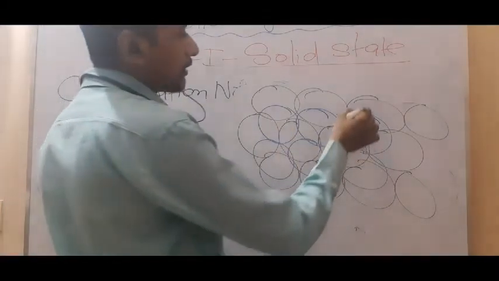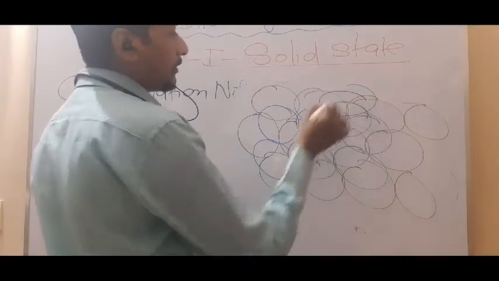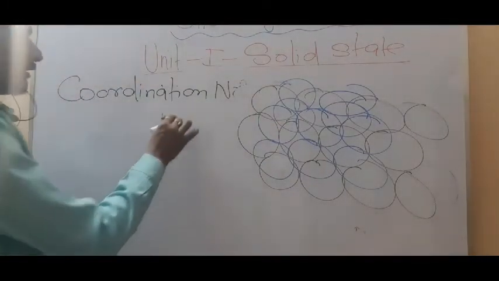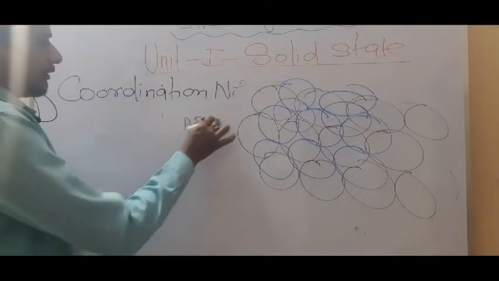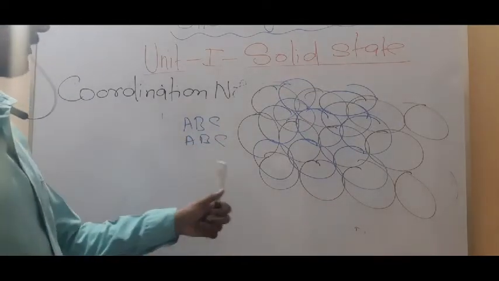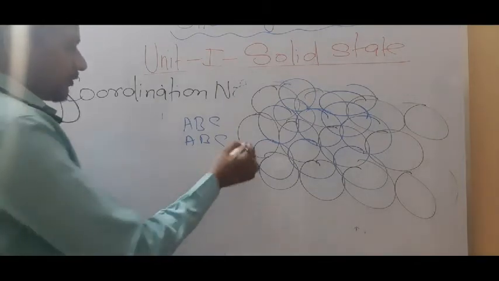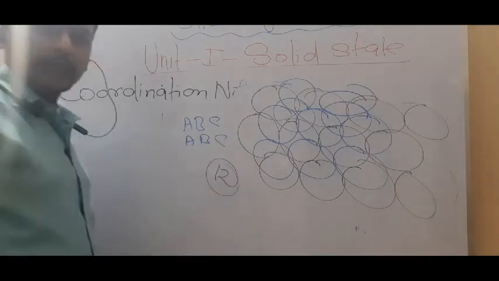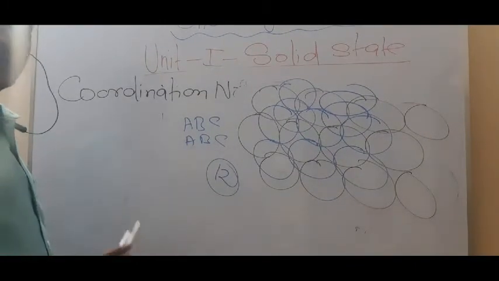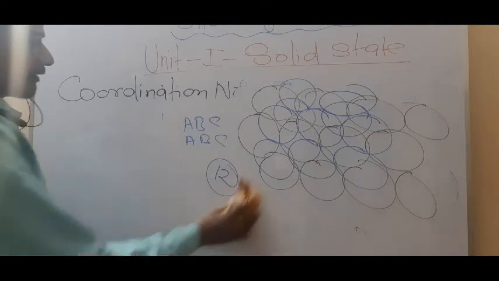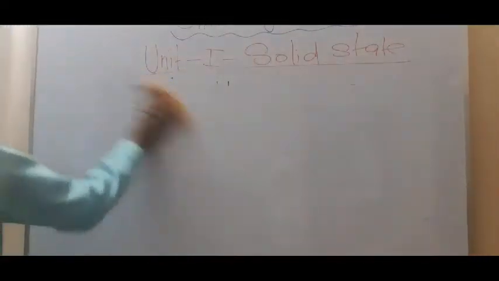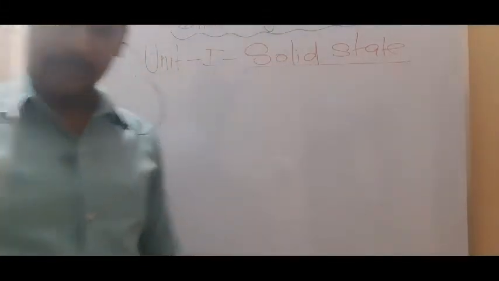You have to cover what? The octahedral voids like this. The octahedral voids are covered by one more layer. So that's why this will generate 3 types of layers, A, B, C. A, B, C. So this type of pattern you will form in the CCP condition. So that's why this will generate coordination number 12, and also in case of HCP in 3 dimensions they will also generate coordination number 12. Are you getting this point or not? So this you can see from NCERT page number 14 and 15. So this is all about the coordination number.